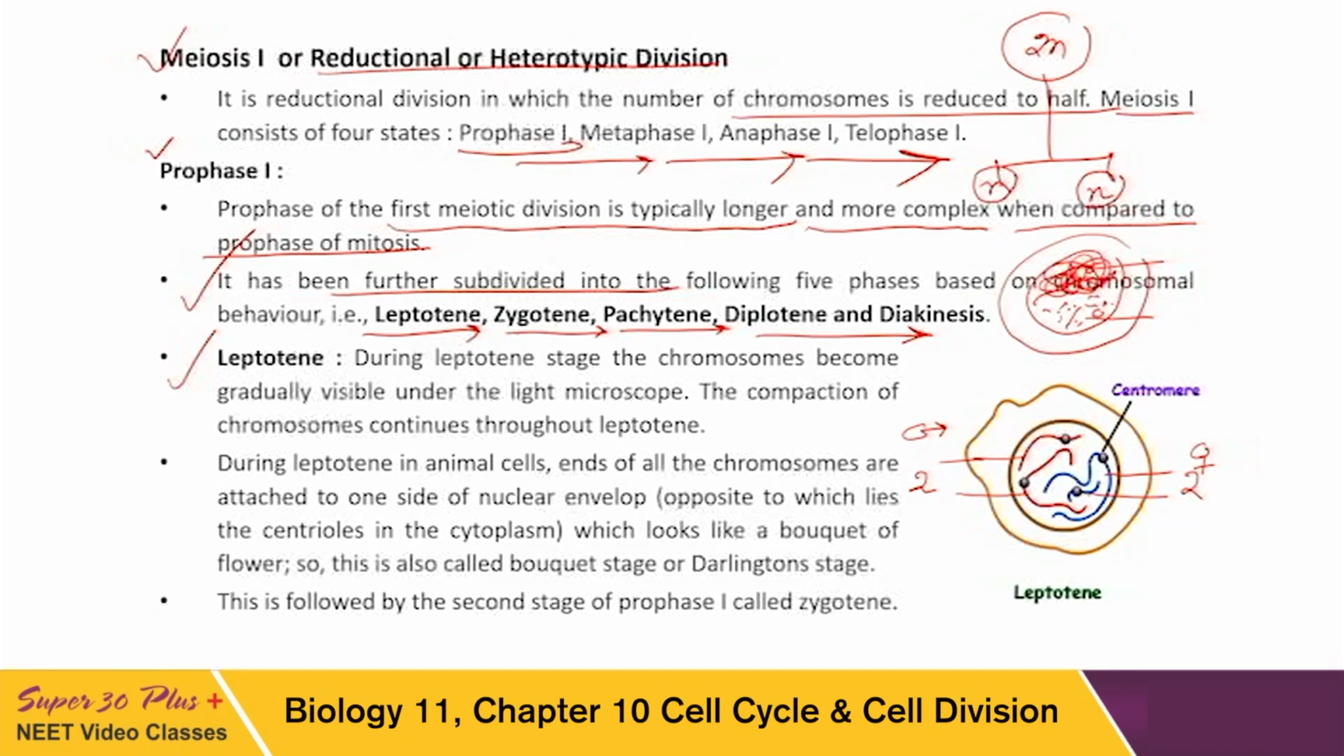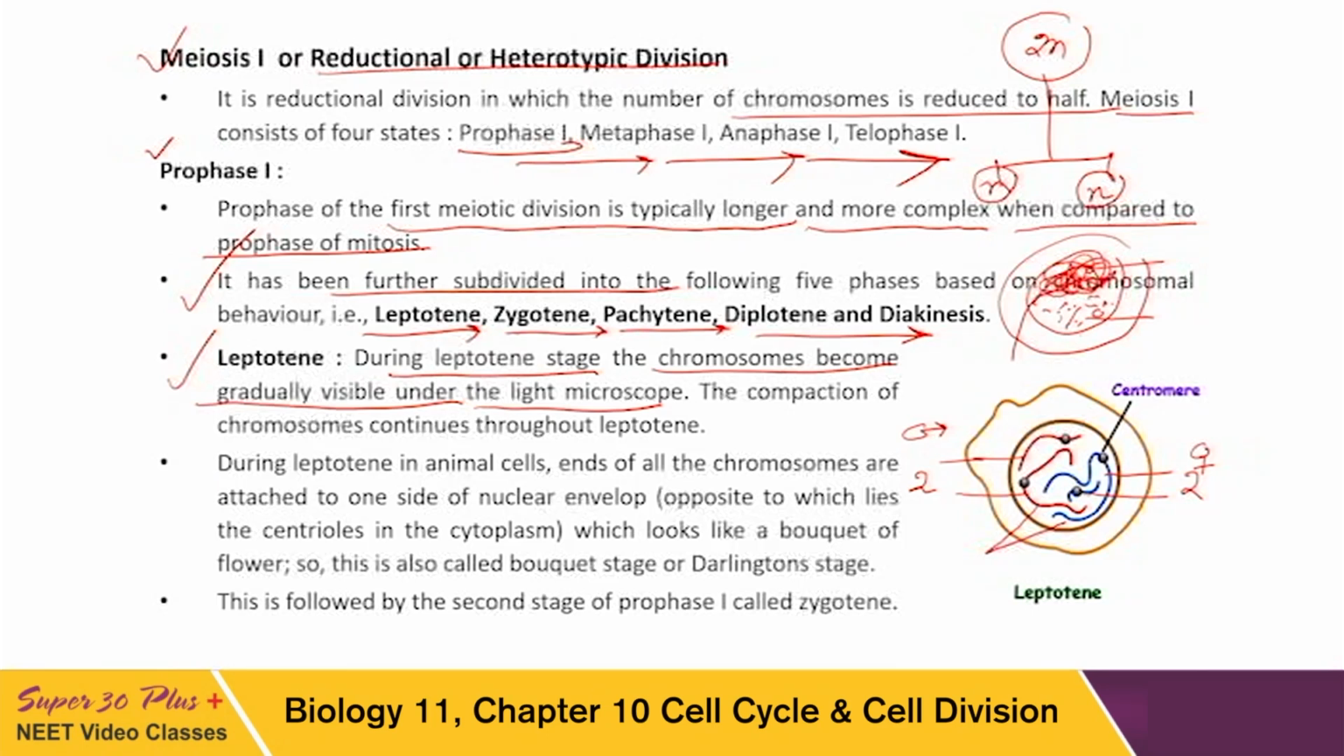What is there in leptotene now? During the leptotene stage, chromosomes become gradually visible under the light microscope. For example, we have taken 2 chromosomes from this material, 2 from this. We have a total of 4 chromosomes, and they are making pairs. This larger chromosome and this other larger one will make one pair, and this smaller and this smaller